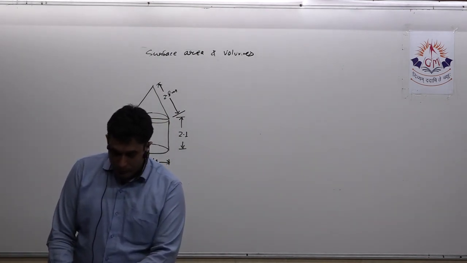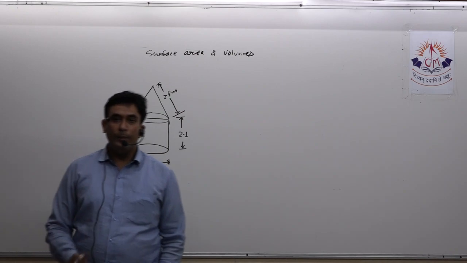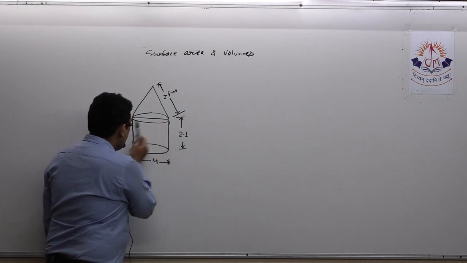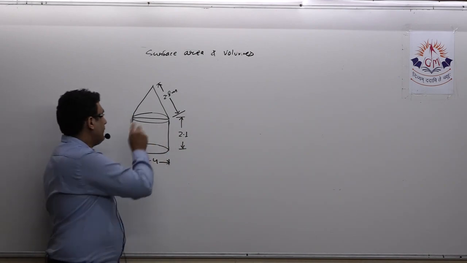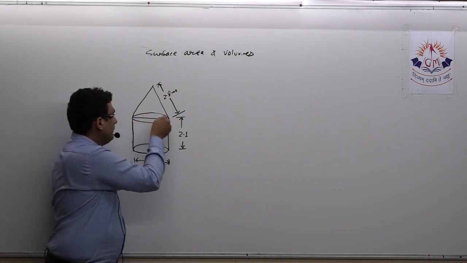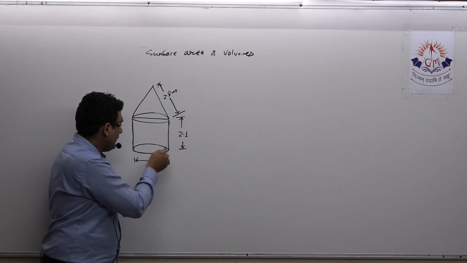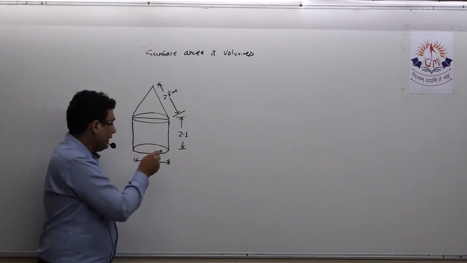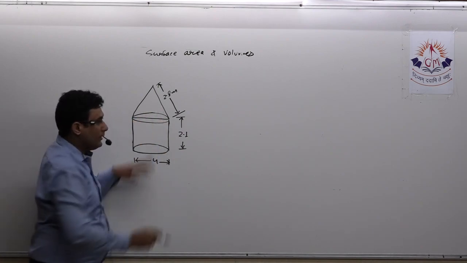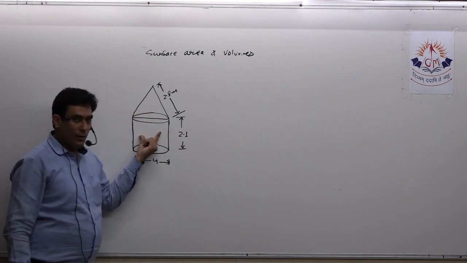Find the area of the canvas used for making the tent. So how much canvas is required to make this tent? That means we have to find how much material is used. So material is used for its curved surface area as well as the curved surface area of this. See, over here the material is not being used. Similarly, the base is also material-less. We do not use material at the base of the tent. Okay, that means the total material required is the CSA of cone plus CSA of cylinder.